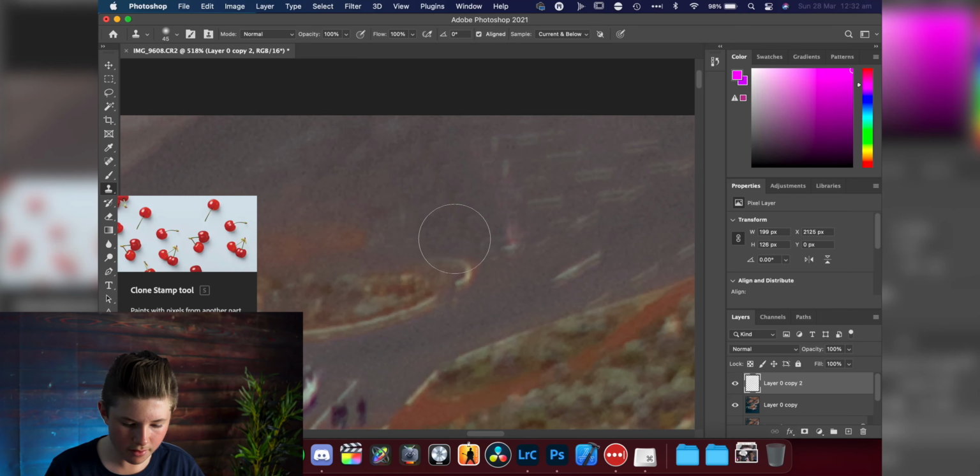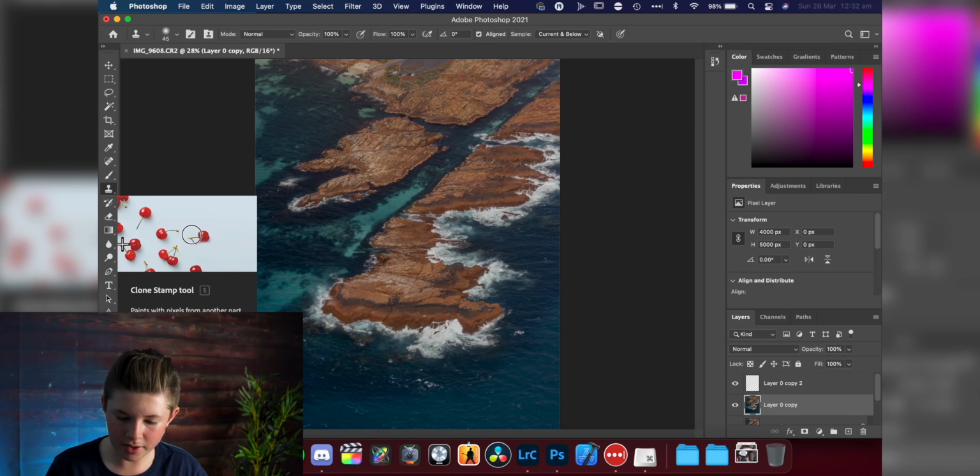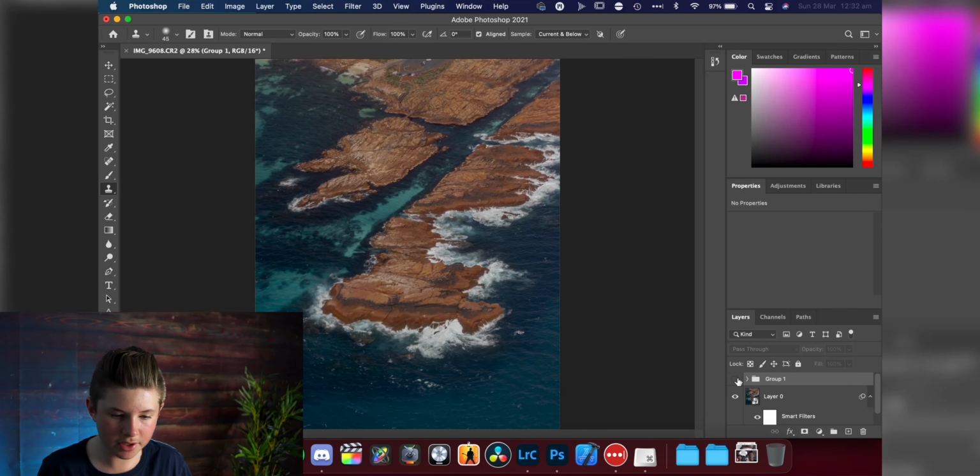And that's it. Now I can hold option and click on the layer, and that zooms it out. And now I can hold command, click on the two edited layers and hit command G. Now I can turn off those two layers or turn them back on again. Now that I'm done, all I have to do is save it and wait.